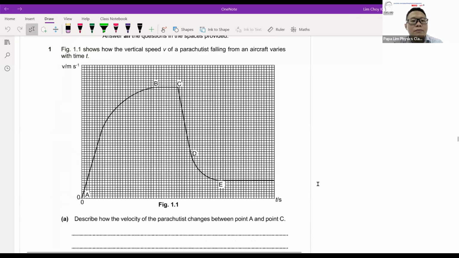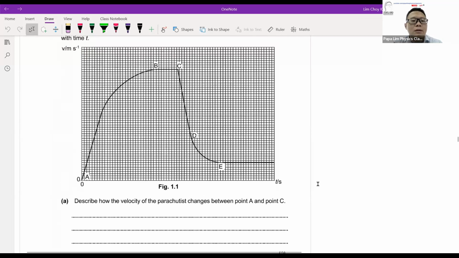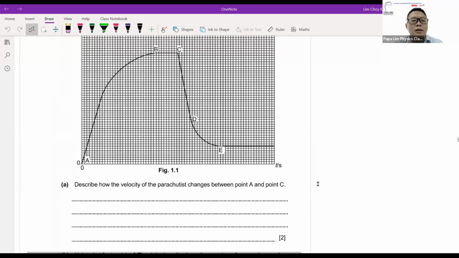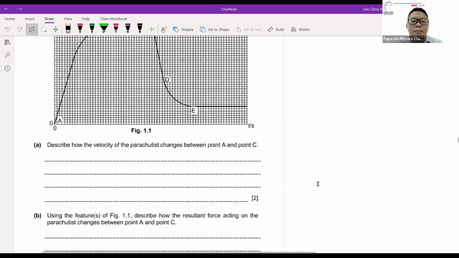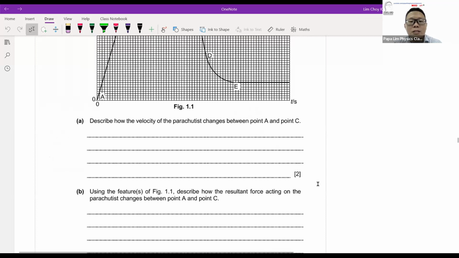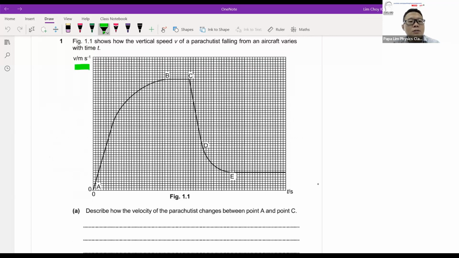The speed time graph is at various sections A, B, C, D, E. Now let's look at part A. Describe the velocity of the parachutist between point A to point C. Now we are given a velocity time graph. Take note, for a velocity time graph, if I need to describe the velocity,